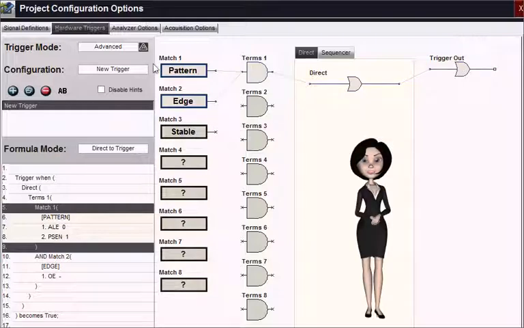The Advanced Trigger configuration screen implements a dual-mode, schematic-like approach to configuring the matches, the sequences and the trigger output from a single window. A text window shows the formula for the configuration, while the schematic shows the flow. These two sections update together to provide two distinct views of the configuration. By the way, multiple trigger configurations can be created using the selection area in the upper left corner of this screen.